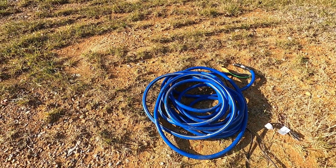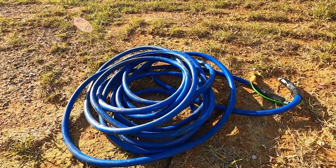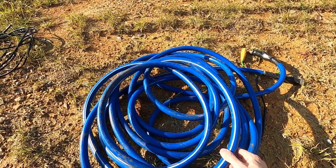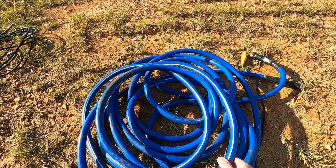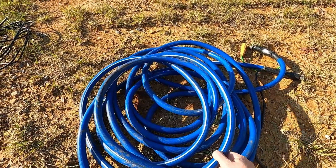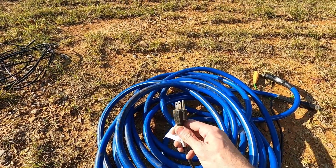So this is the heated hose. They're pretty stiff when you get them because they're very strong. They're made to freeze with water in them. If you unplug it and then plug it back in, the water will unthaw, and it won't damage the hose at all. Basically, you plug it in,